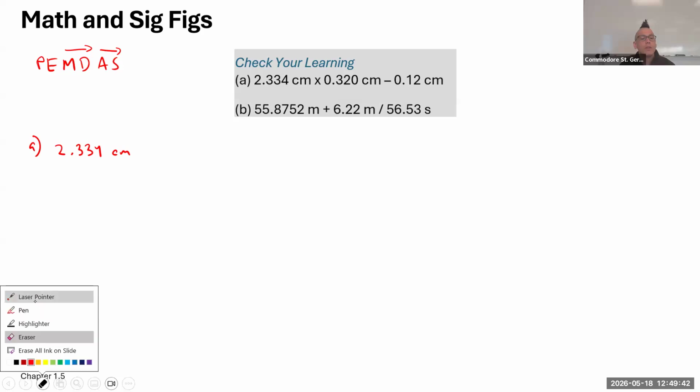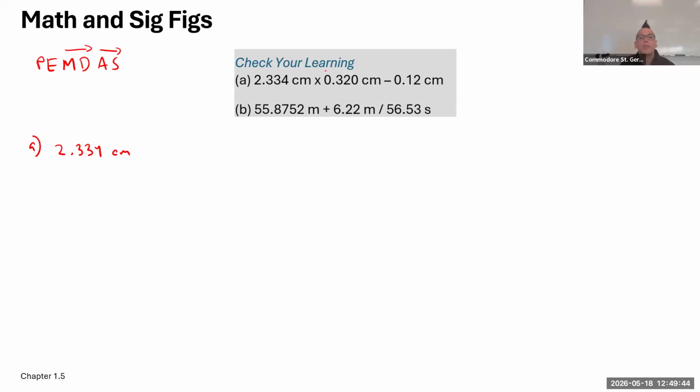So what I'm going to do is I'm going to put, so the units come out good, parentheses around here. And then for this, I'm going to put parentheses around here. Okay, so because we have parentheses, we're going to do the parentheses first. So let's take a look. 0.320 centimeters minus